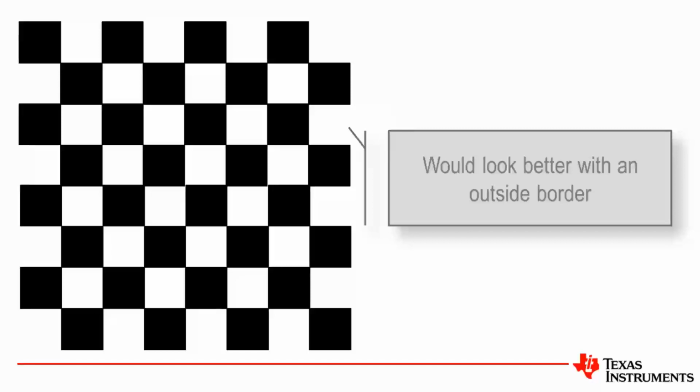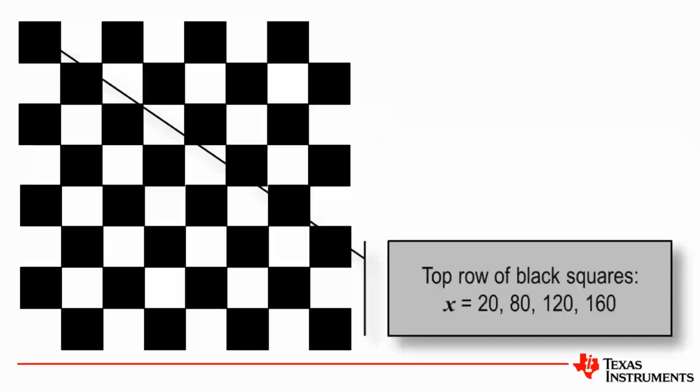And what else do we need to do? We need to consider the size of the rectangles and where each square is laid. So the top row of black squares, I'm going to say start at 20, 80, 120, 160. So we can see we're probably going to create some sort of a loop to draw those 4 squares. And we're going to skip along and draw them. If I'm using those numbers for X, we'll make them 20 by 20, obviously. And